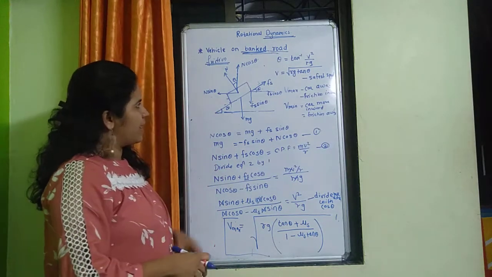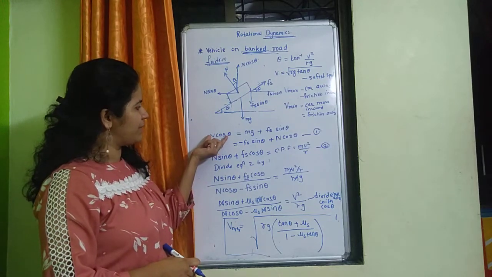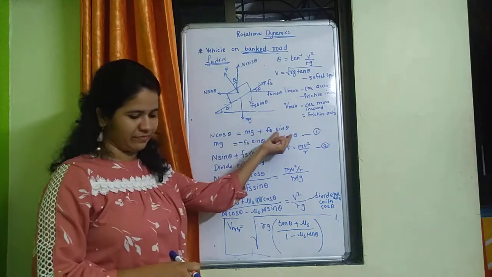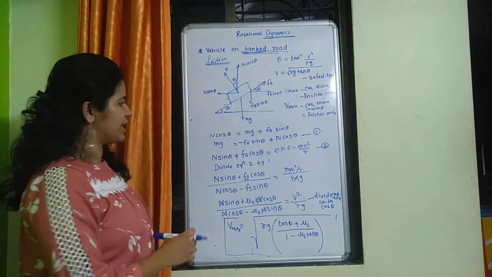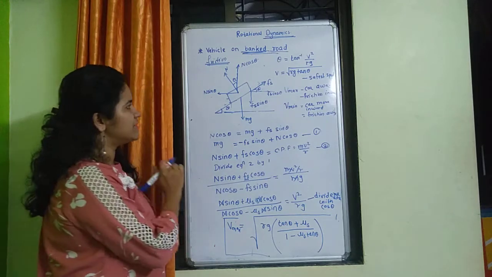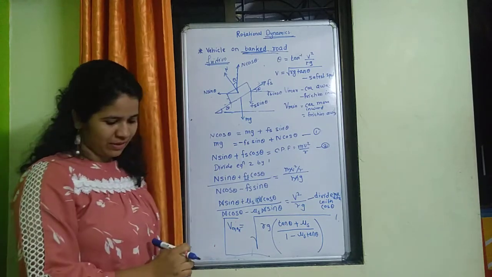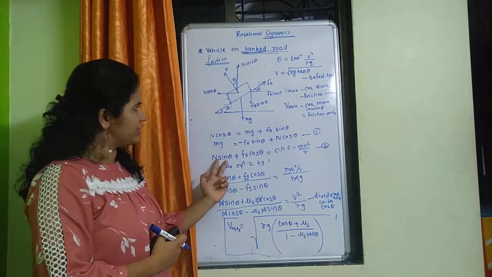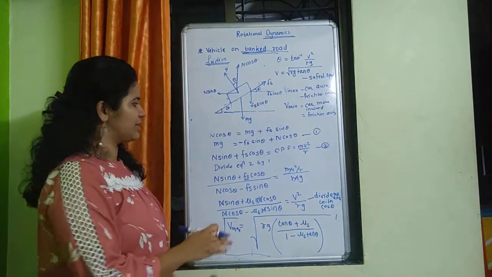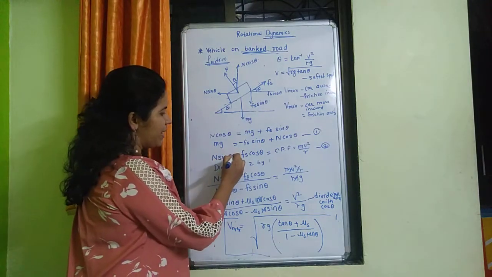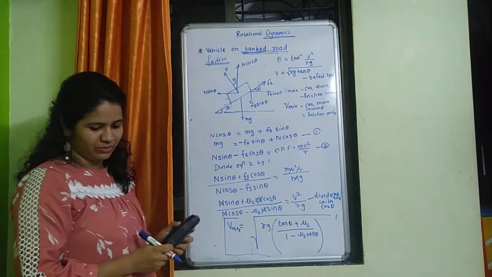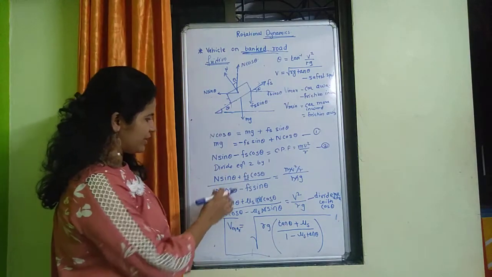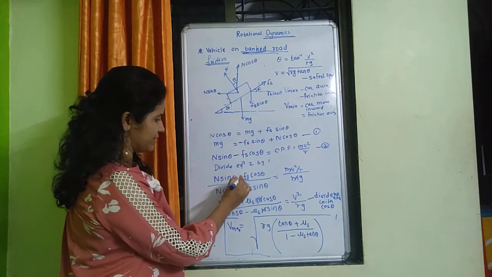So now N cos theta, again we will match the equation. N cos theta is equal to mg plus Fs sin theta. This equation is as it is, as earlier. Second, centripetal force. Now in this case the centripetal force is N sin theta, but instead of the plus Fs cos theta, there is a minus Fs cos theta, which is equal to mv square by r. So the only difference is that instead of a plus, here is a minus.